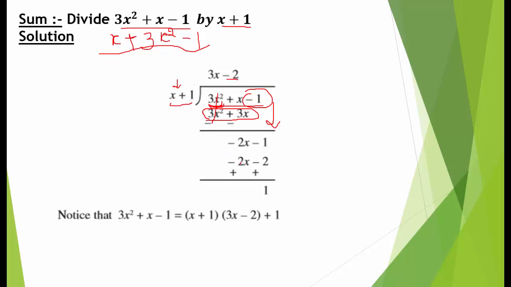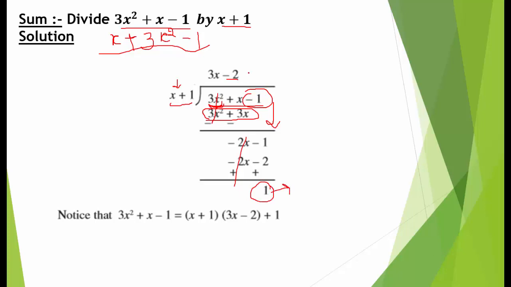Now minus 2x minus 1 minus 2 into 1 minus 2, and again subtract. On subtracting, the signs will get changed. Now minus will become positive and negative will become positive. This gives plus minus 0, and now minus 1 plus 2 means plus 1, and this is my remainder.